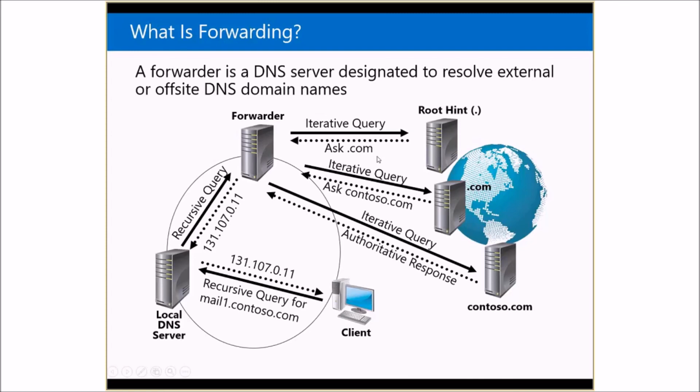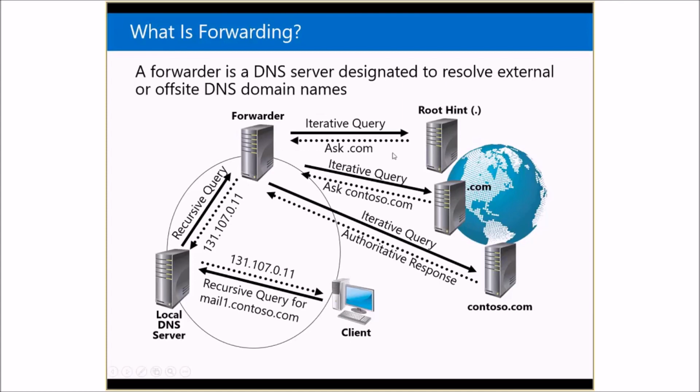Go ask the .com top level domain DNS server. So we'll go there, and it'll ask the same question. Do you know mail1.contoso.com? The .com DNS server will say, no, I don't. Go ask the contoso.com DNS server. And then when we ask the contoso.com DNS server, it will say, hey, mail1 is really an alias for server 123 at contoso.com. Its IP address is